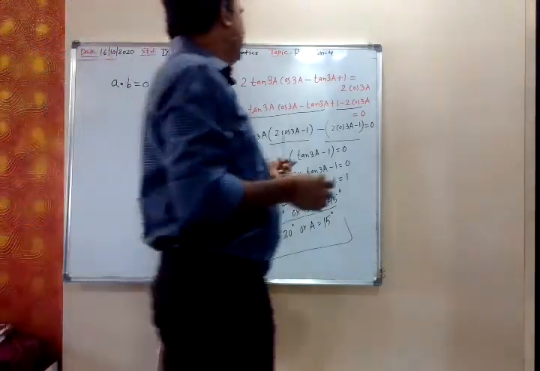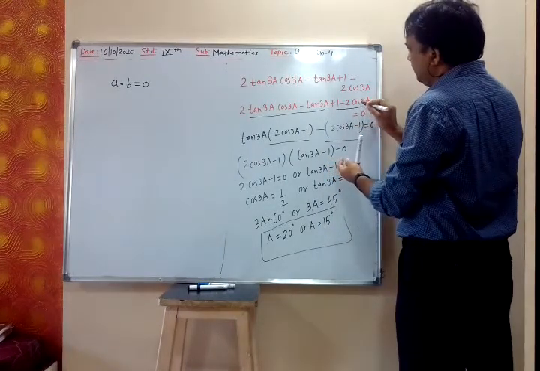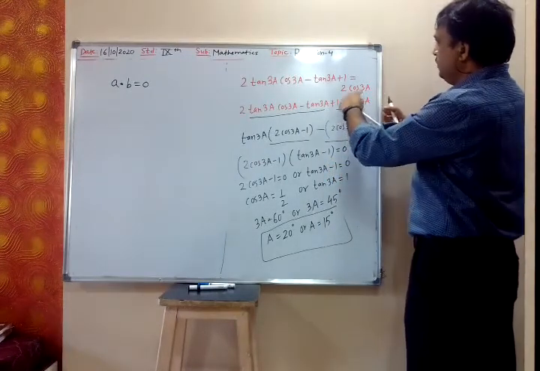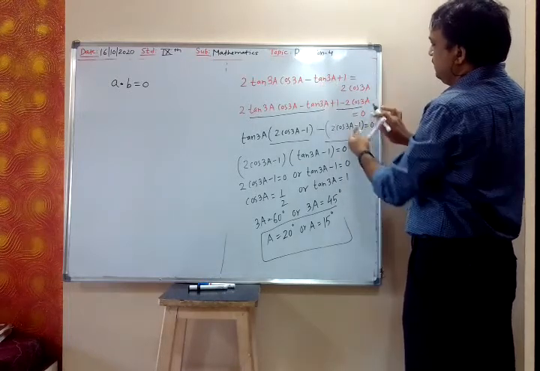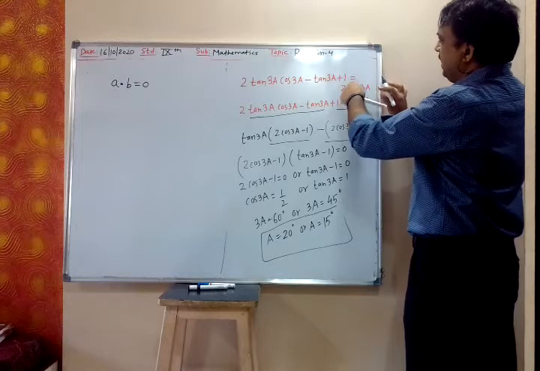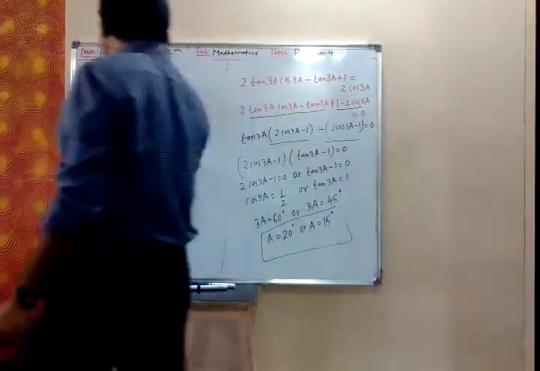Second step, this is plus 1 and minus 2 cos A, no? I have taken 2 cos 3A on left side. So what is left on the right? 0 is left, no? When I have taken this on the left side, yes. What is that?